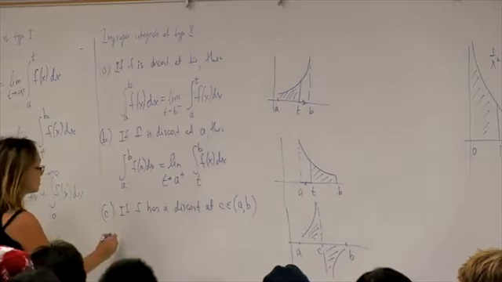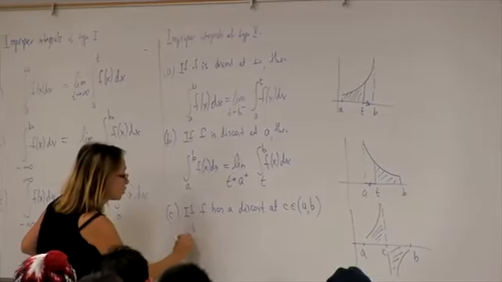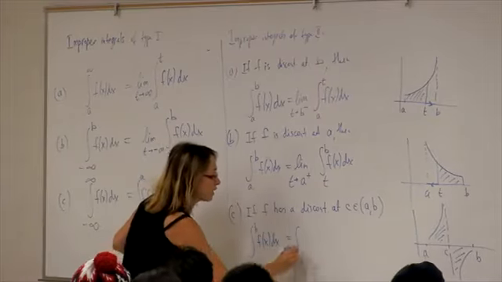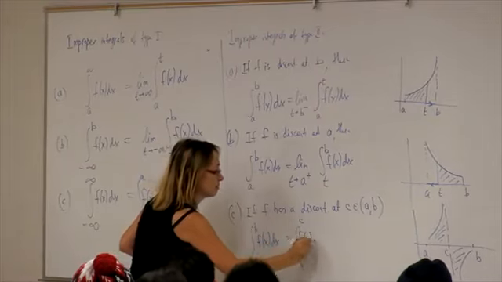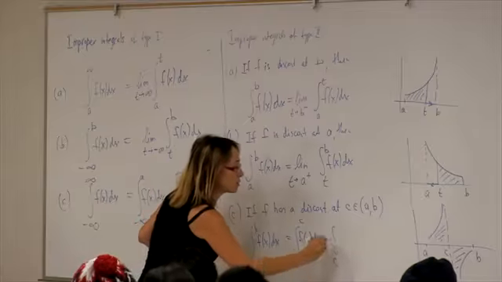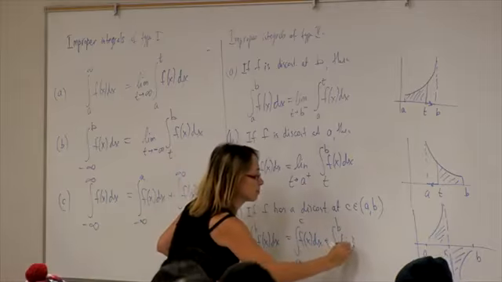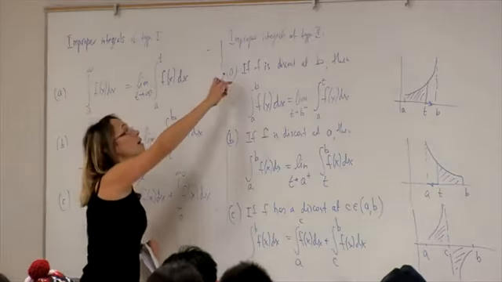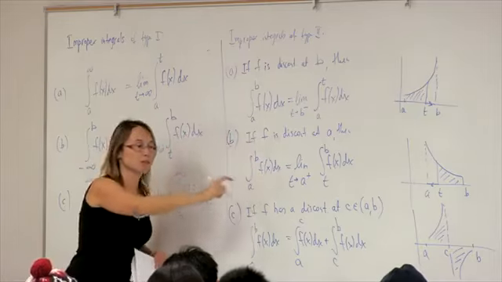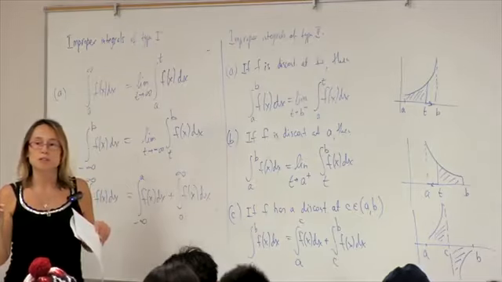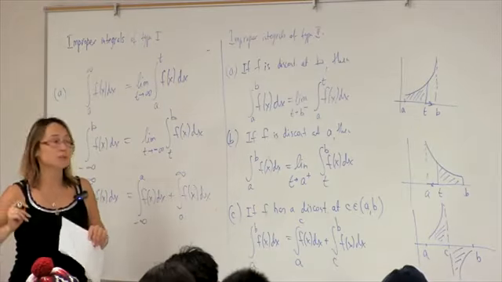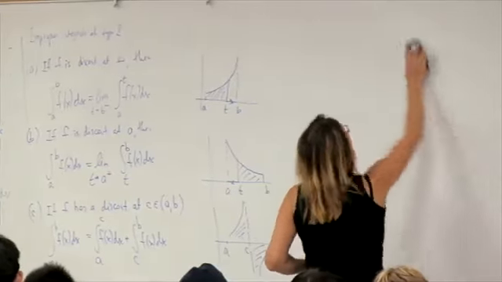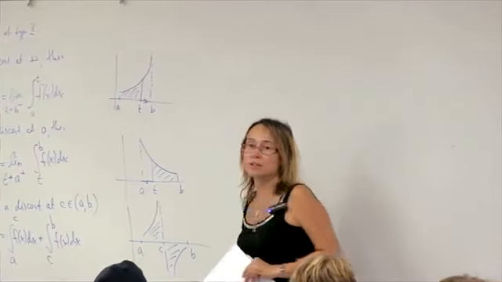What happens? We cannot just ignore it. We have to split this integral into an integral from a to c plus an integral from c to b. And these two are type A and B, because each of them has a discontinuity at either the left or right border of integration. Again, the integral is only defined if the limit exists